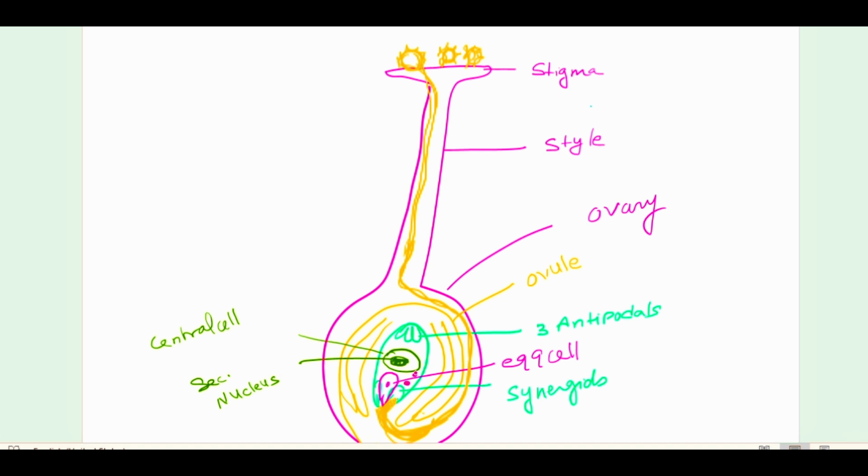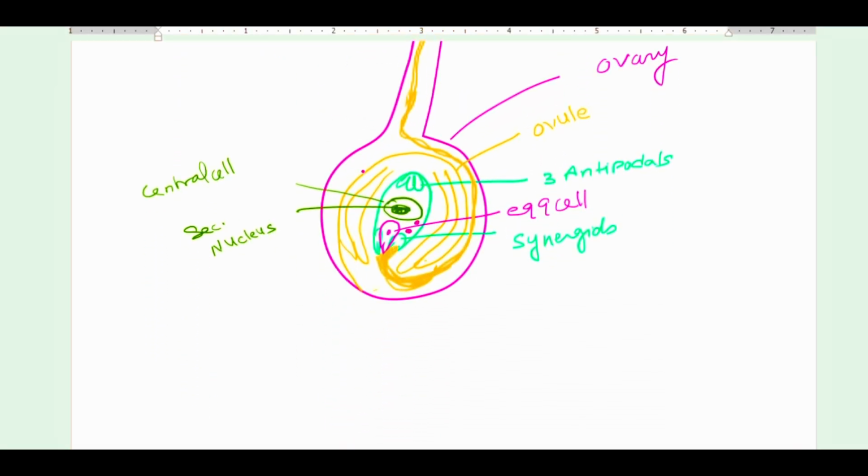This is the pollen grain, which is actually showing germination. I have taken that pollen grain, that tube which is getting entry. This is called the pollen tube. Once the pollen tube has entered inside, it is releasing these two small structures. What are these two small structures? These two small structures are two male gametes.